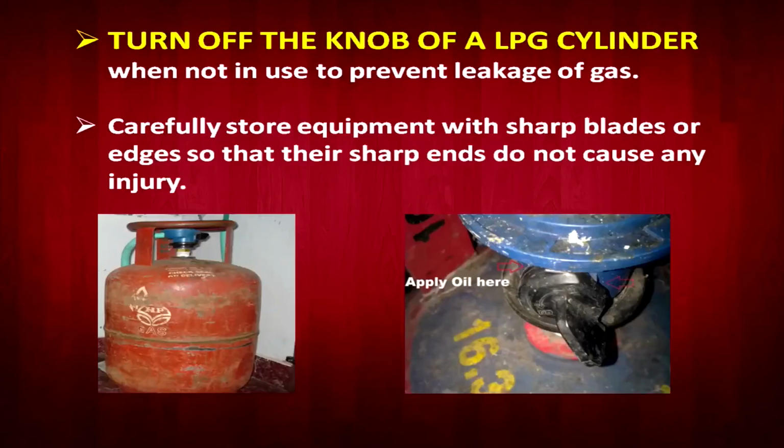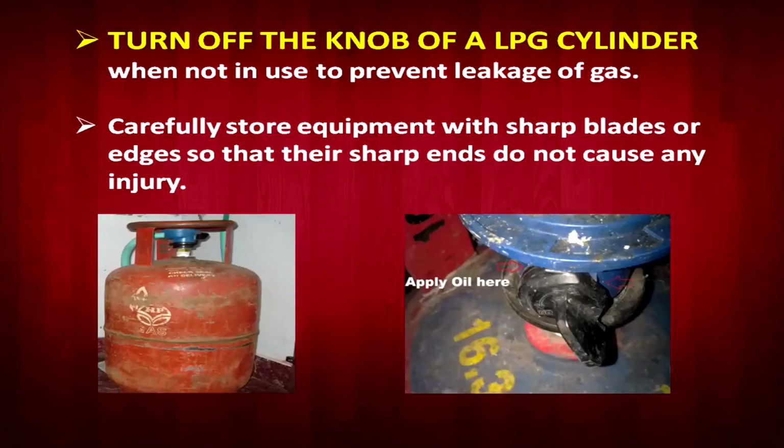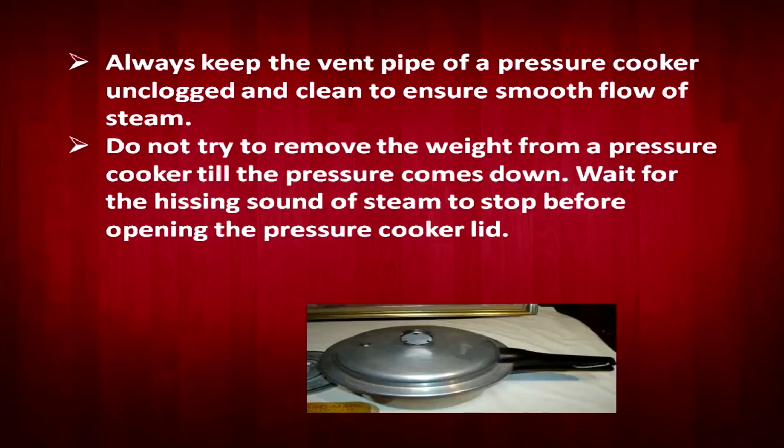Ma'am, please tell something about the gas cylinder. We keep hearing a lot of accidents. What care we should have? So you have to be very aware of how to use the gas cylinder. When your gas cylinder is empty and you have to replace it with another one, you have to just unlock the switch or the lock and then remove the cylinder and put the other one. So be very careful so that any kind of gas emission should not happen. Every household uses the pressure cooker, but we have to be careful with the weight, with the gasket and with the valve. Anything that needs repair has to be repaired or replaced before reusing the pressure cooker.